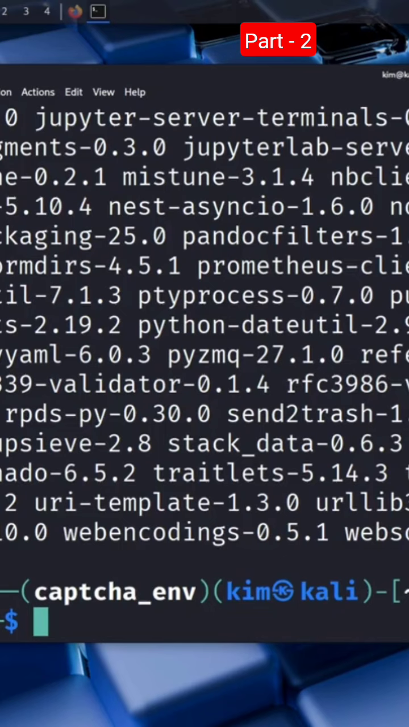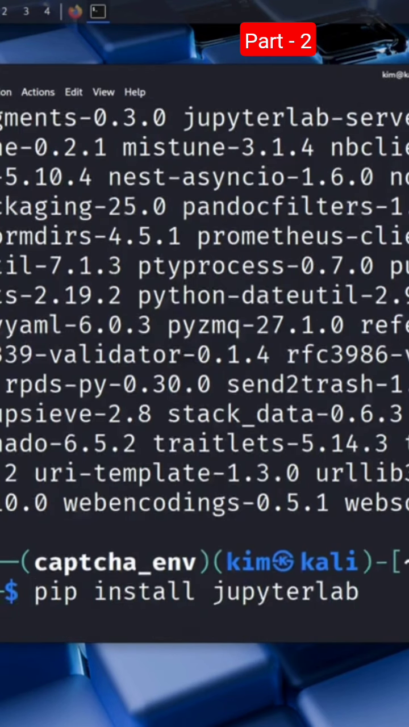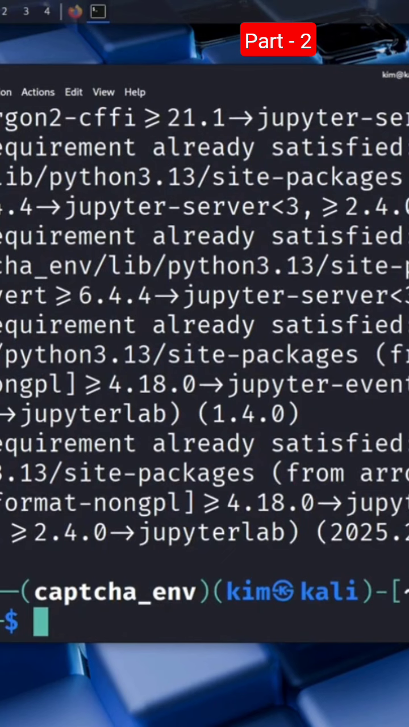But Kim prefers something a bit more modern, so he also installs JupyterLab. This is done by running pip install jupyterlab. And voila, the installation finishes much faster because most of the required components were already installed when he set up Jupyter Notebook. Think of JupyterLab as the upgraded version of Jupyter Notebook. It's like a lightweight integrated development environment in your browser. You can write Python code in notebooks or .py scripts, open terminals, file browsers, and even run Markdown, all inside